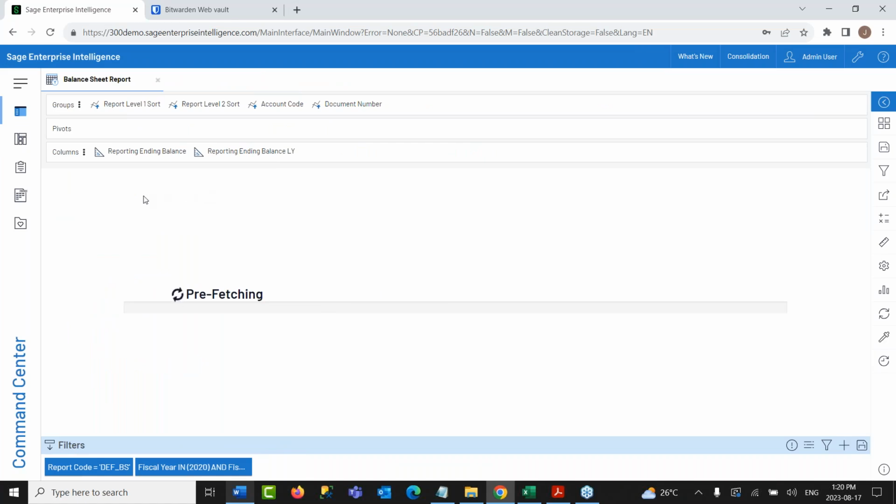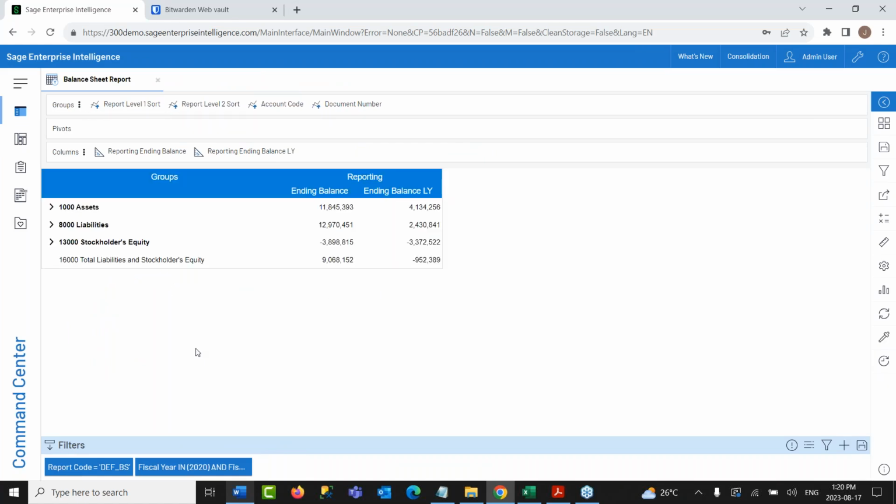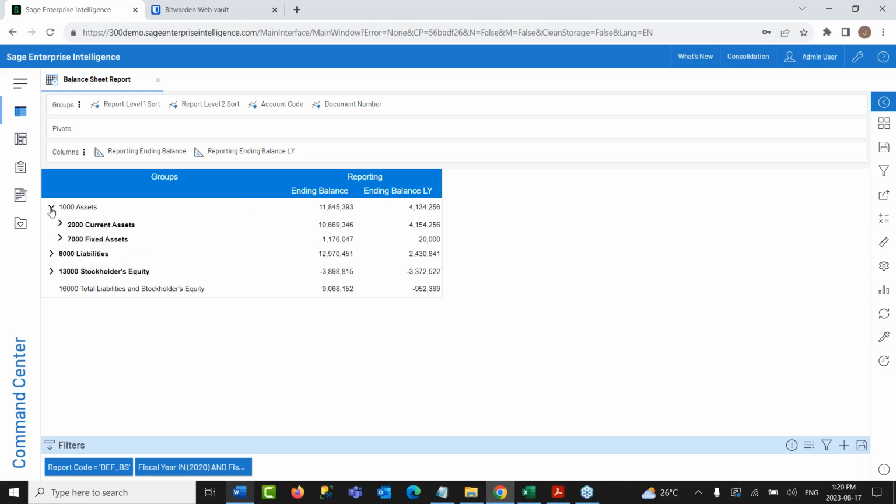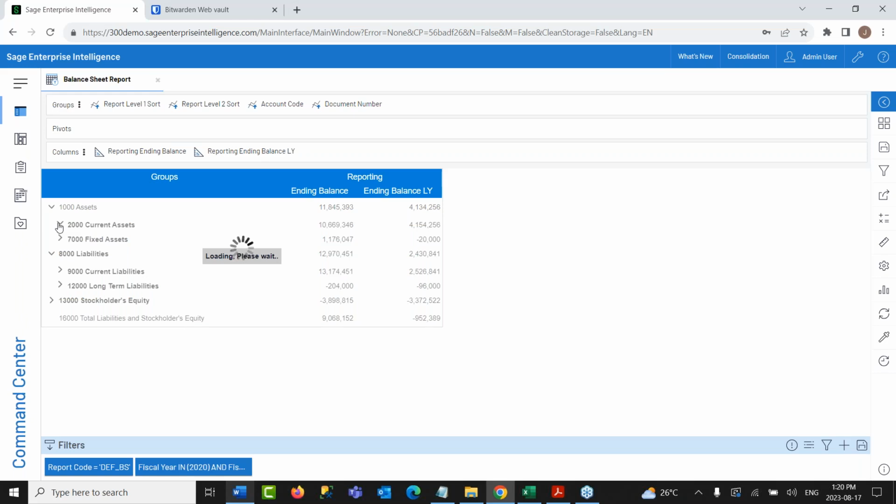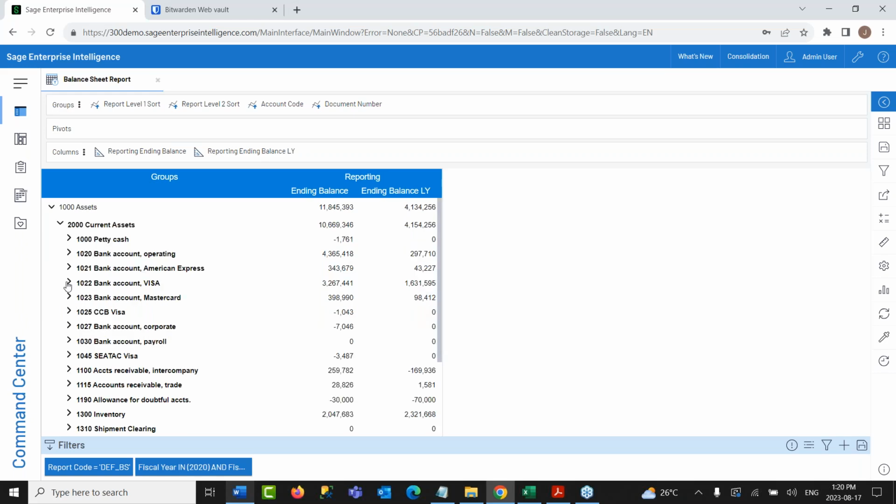And there we will have the balance sheet loading for us based on those selections, where I have the nice format of assets, liabilities, stockholders' equity, which I can drill down to different levels of detail, again, depending on what fields I have entered here. And we can enter as many fields here to go to different levels of detail. So now I'm drilling down to the accounts and further down into the document numbers to see each individual posting.